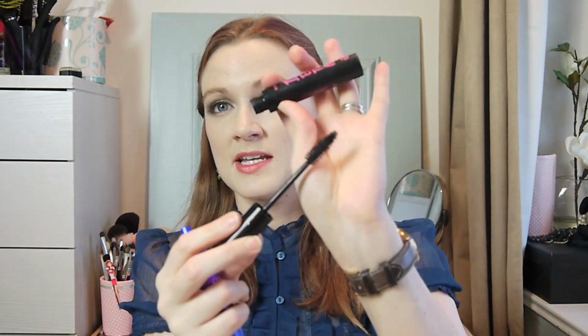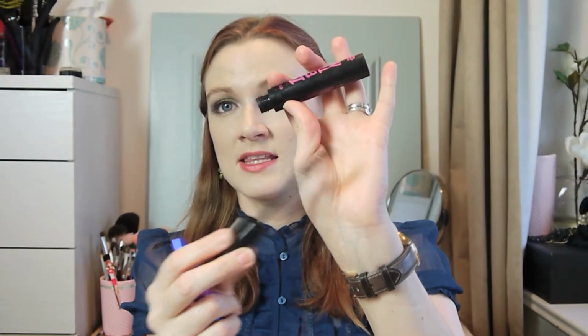The final makeup items. I have this mascara from Essence. It's the I Heart Extreme Volume Mascara. Love it. Nice decent brush head on it. It's really bristly. And this, do you remember I talked about Physicians Formula being a better dupe for Too Faced? And it is. But this is actually slightly better again, because although it's nice and cheap, as is the Physicians